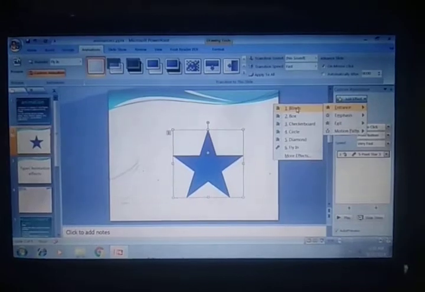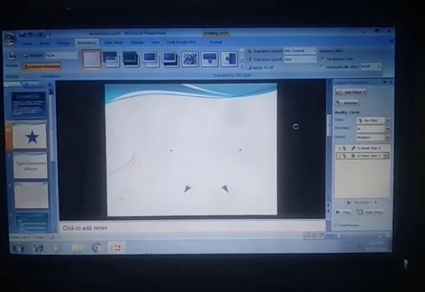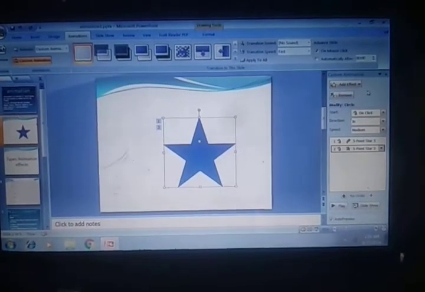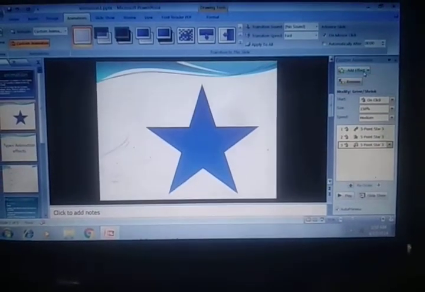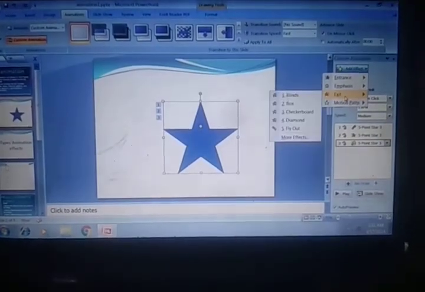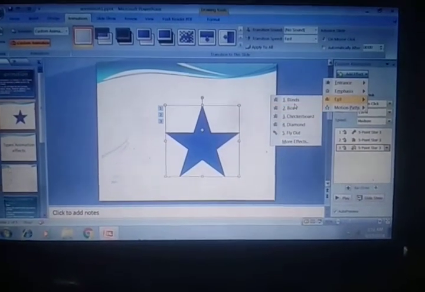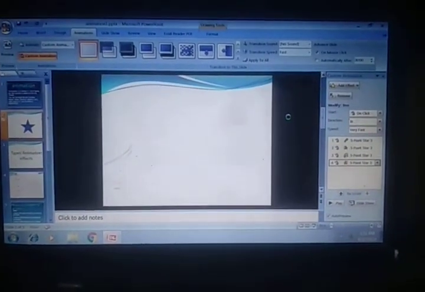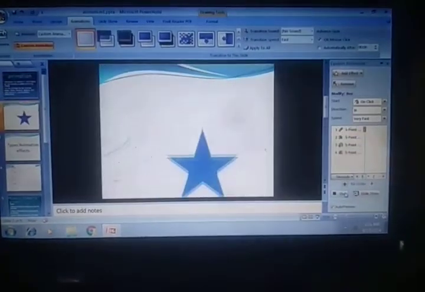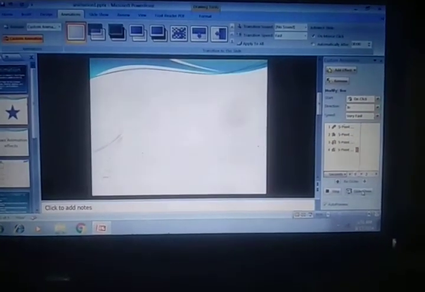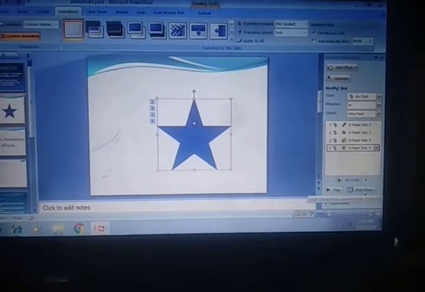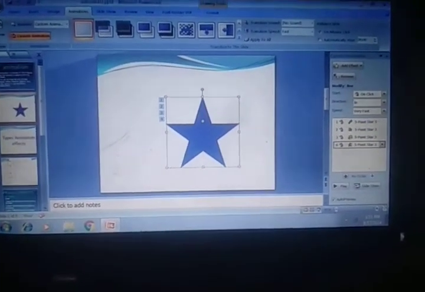There is blinds or checkerboard, circle, then emphasis, grow and shrink, exit, box. Okay, let's see the preview by the play button. Okay, there are 4 effects, 1 2 3 4. Then show the slideshow.